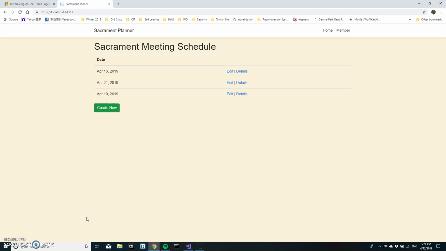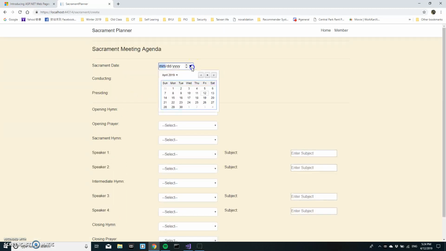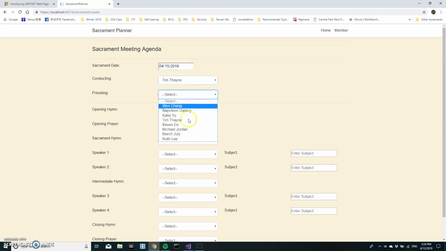stack class. For this final project, we use Angular for the front end and C#.NET for the back end. And we use Web API service calls to connect to our local database and perform the CRUD methods. And so here we can create a new Sacrament meeting agenda by selecting the dates, and you see we